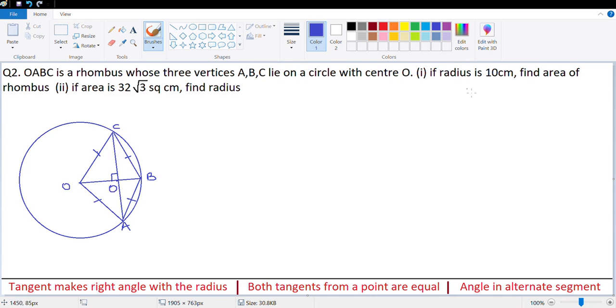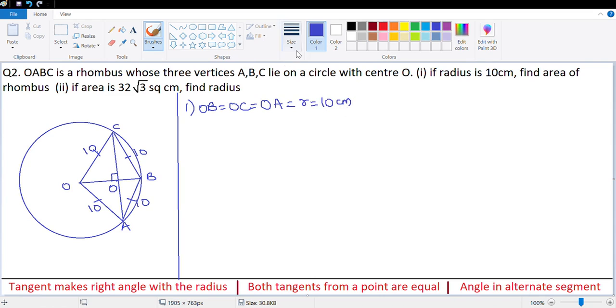If radius is 10 centimeter, which means this is 10, which means all sides of the rhombus are 10 centimeter, we need to find the area of the rhombus. We know area of a rhombus is half d1 into d2, which is diagonal 1 into diagonal 2. Let's see how we can find the diagonals. So point number 1, OB is equal to OC is equal to OA is equal to R is equal to 10 centimeter. Point number 2,